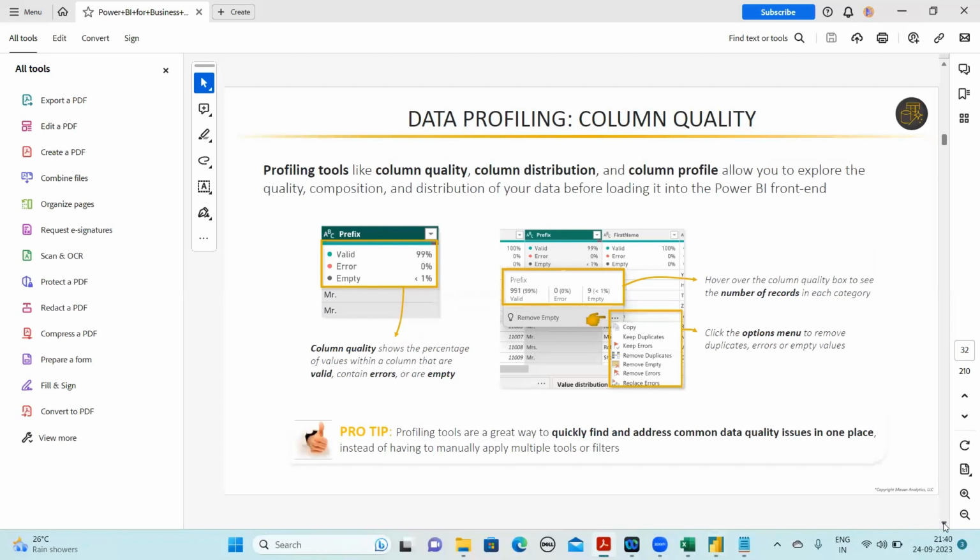Data profiling, right? I'll show you what data profiling is. Let's say, let's have a